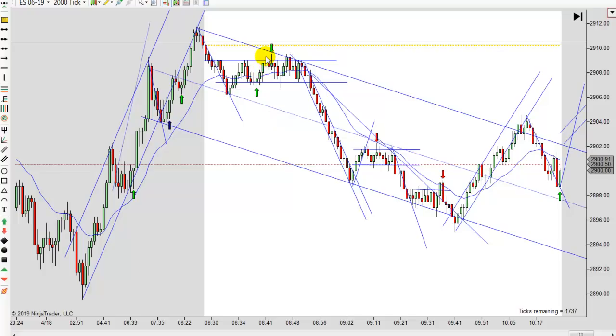And of course it runs up here, and then you make a first entry, and then you get a little trap, and it actually traps out people that probably went short right there, maybe looking at that as a double test of this almost. It's so close to being a doji that I'm not crazy about it, but there's reasons to consider going short right there. You're almost always better to wait on the lower high just for this very reason. And then it breaks higher, but again, you get a little trap there, and most of the shorts probably thought they were trapped at first. It turns out the people that thought they were trapping out the shorts get trapped, and it turns back down.